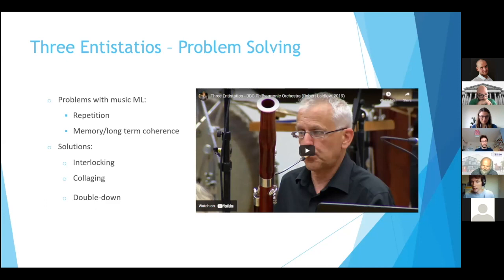And then I take that as my prompt and continue to write from there. And in this way, we kind of build up a section-based piece of music where we're swapping material. And in this case in particular, the machine learning model is attempting to imitate my style, as I mentioned earlier. And as the composer, I'm trying to create something that feels fluid. And so therefore, I'm sort of imitating the machine learning style to keep the music consistent over a long period.